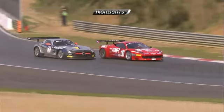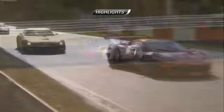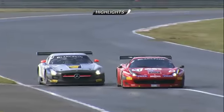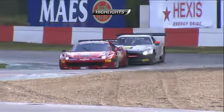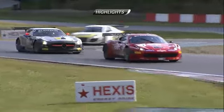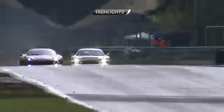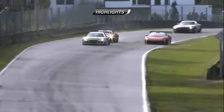Baumann then attacked for the lead around the outside of turn 1, wasn't quite able to pull it off, and again chased that Ferrari as it jumped over the curbs every which way possible, doing everything it could to keep the Mercedes behind, even taking off the Mercedes badge. Yes, Stefano Guy did a really good job on that run there. We see him out of his car, handing it over to Michael Lyons,